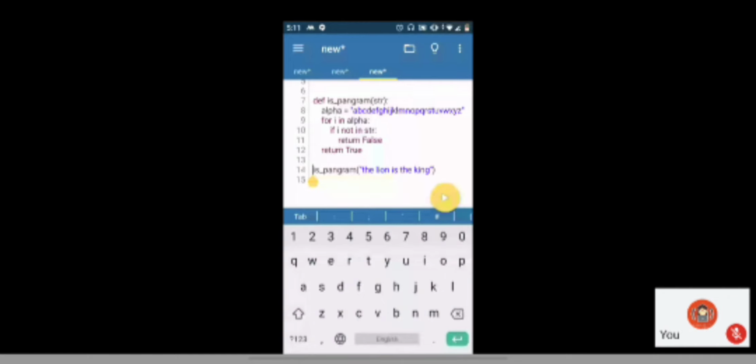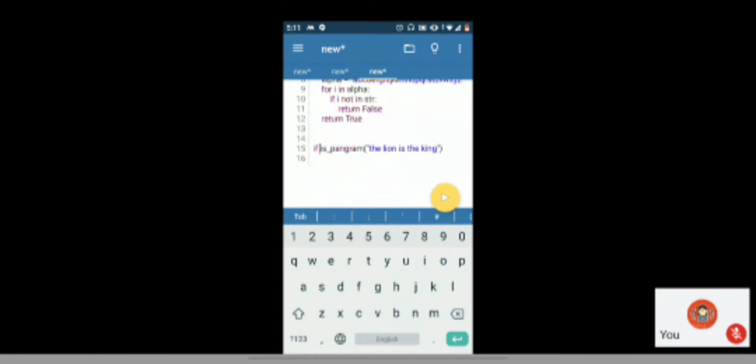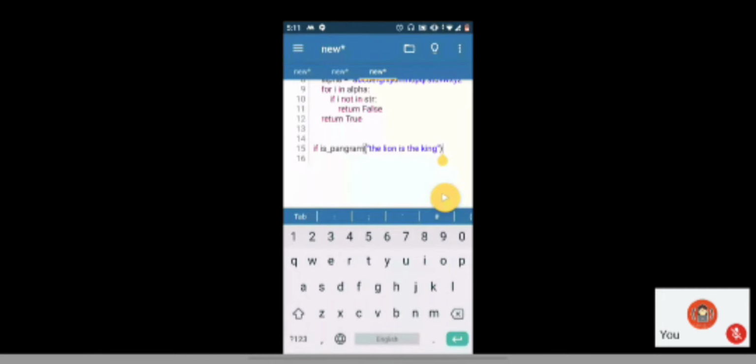So here, now since is pangram is returning a boolean value, I can directly use the is pangram function, whatever is being returned from it, with an if statement, right? If this condition is going to return either a true or false, so it is a valid if condition.